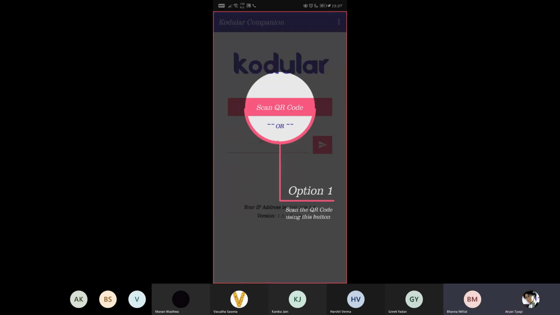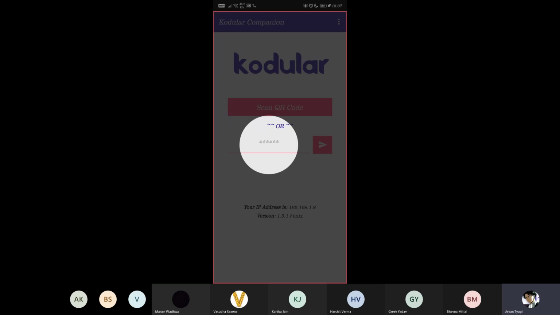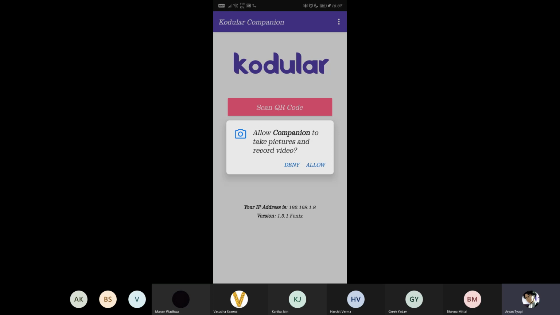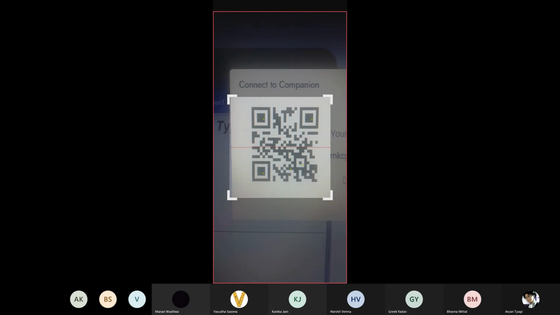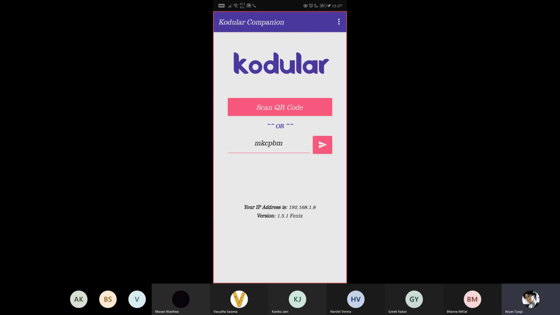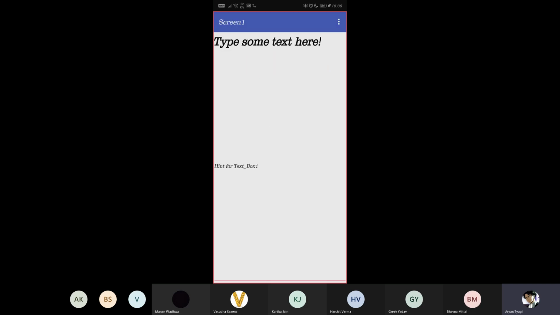Yes, Aryan. So now I will head on to the Companion application, and this gives me a small tutorial of the application. So I will click on scan QR code, or you can simply input the code which is visible. As you can see, it detected the QR code. And now it is connecting to the servers. In the meantime, I would like every one of you also to connect there. For me, the application has loaded up.